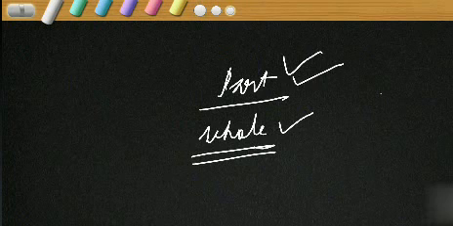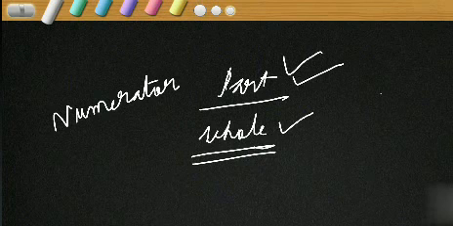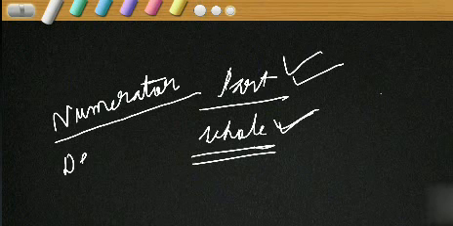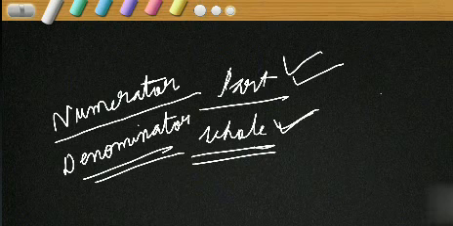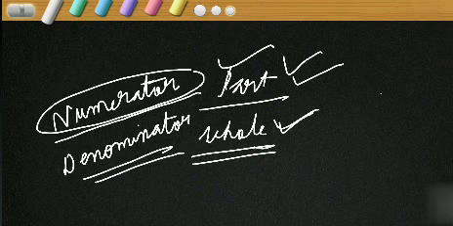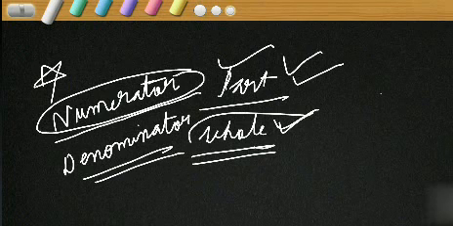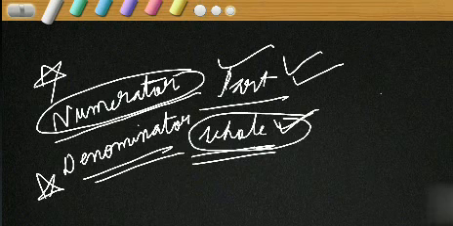In this, the part is known as the numerator. What is the name for indicating the part? Yeah, the part is known as the numerator and the whole is known as the denominator. Understood? The number above is known as the numerator, very important. And the number down, that means the whole, is known as the denominator.